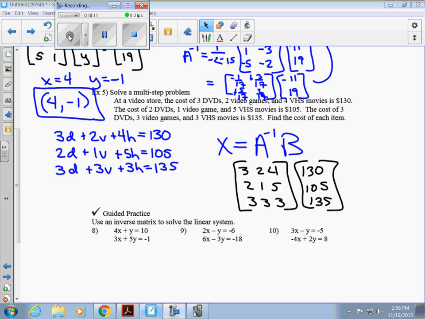Now, using inverse matrices is by far my favorite way to solve a system of equations, because once you have your equation set up, all you got to do is plug it right into your graphing calculator. So make sure that you know these numbers. Inverse, and then we're just going to take the inverse of A times B. So let's pull up our graphing calculator,